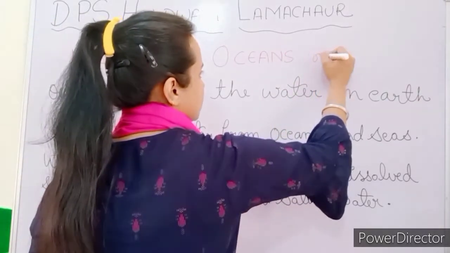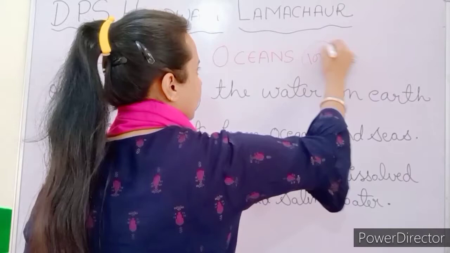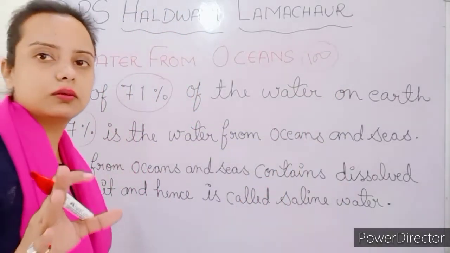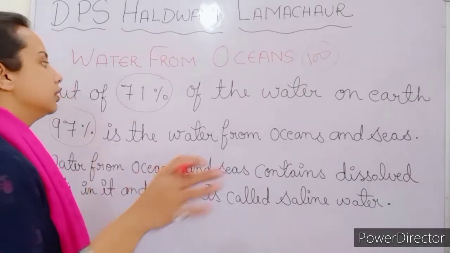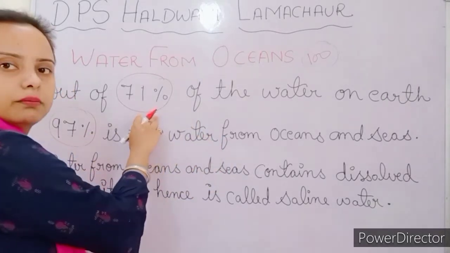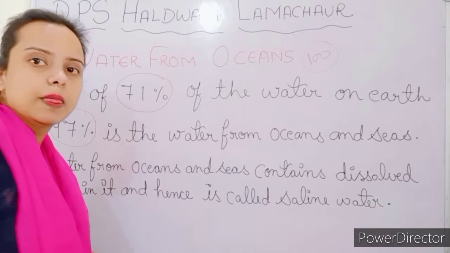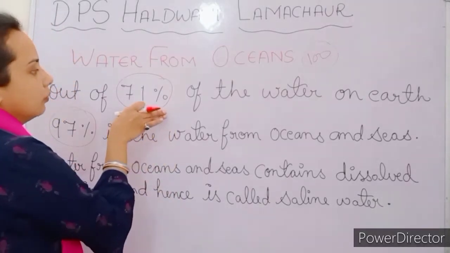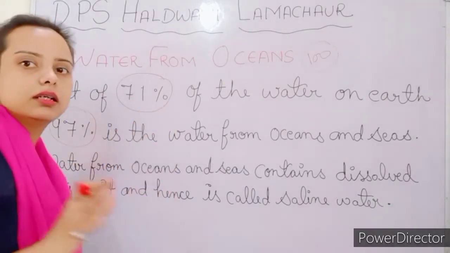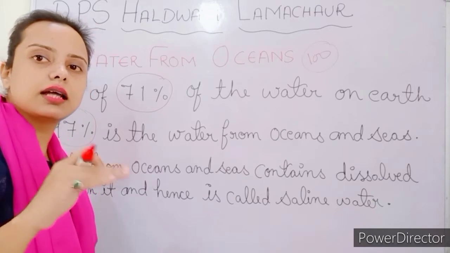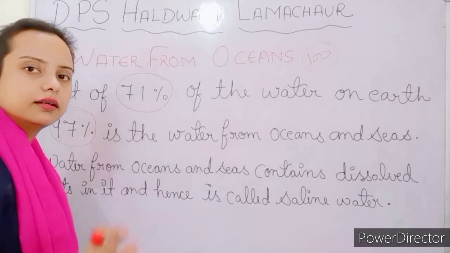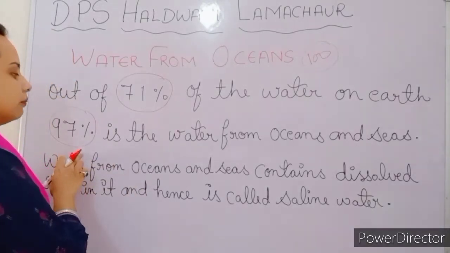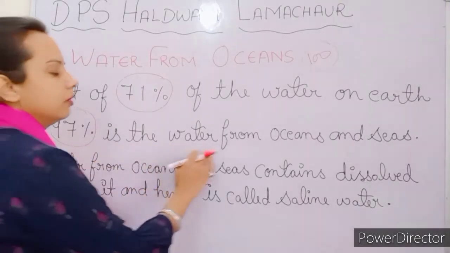When we take the area of the earth, 71% of the earth is covered with the water, and this water covered area we are taking as 100%, and out of that 100%, 97% of the water is the water from